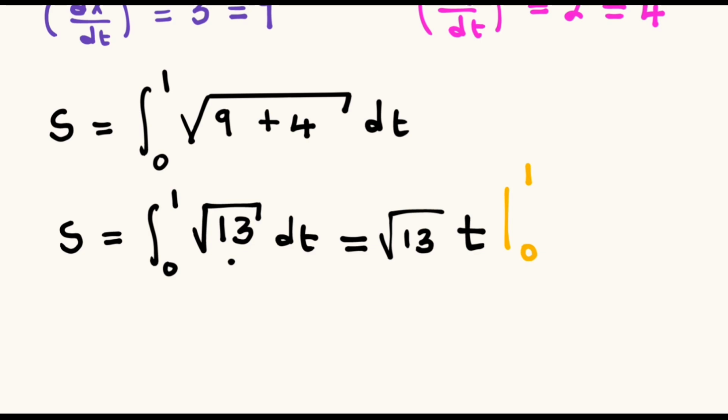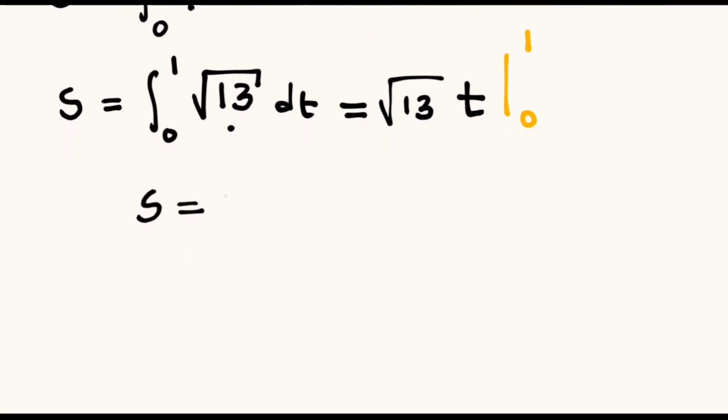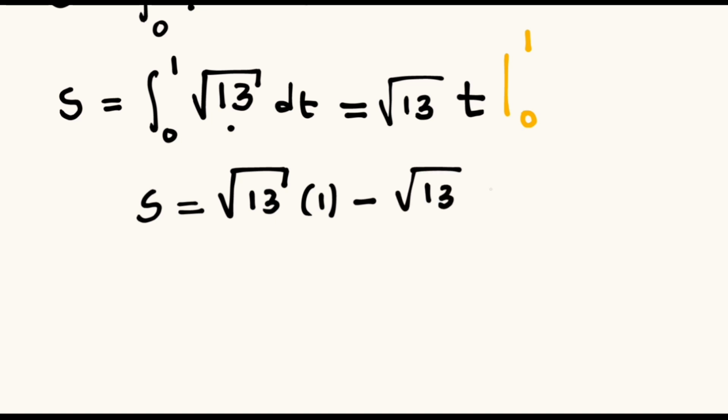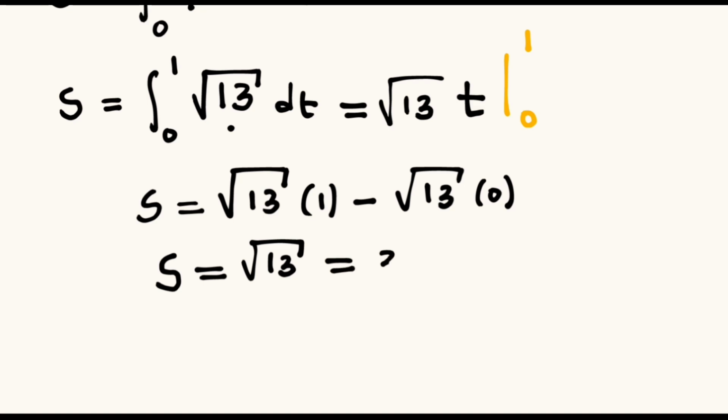So we are going to substitute the 1 and the 0, so our s will be equal to the square root of 13 multiplied by 1 in the place of t, minus the square root of 13 multiplied by 0 in the place of t, and our s then will be equal to the square root of 13 multiplied by 1, which is just the square root of 13, and 13 multiplied by 0 will be 0, and this will be equal to, in decimal form,